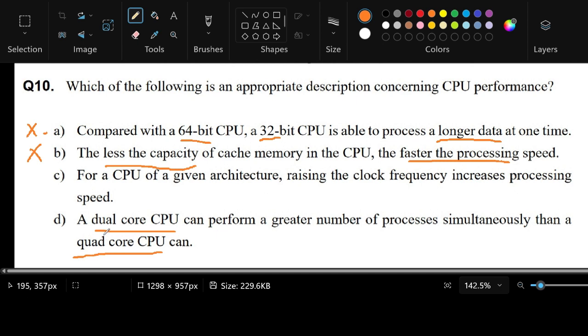But if you know that dual is related to the number 2, and quad is related to the number 4, then you know that the quad would have a much better performance when processing a greater number of processes, because it can do more. Okay, so we put here an X mark, and for the last choice, letter C, it says that